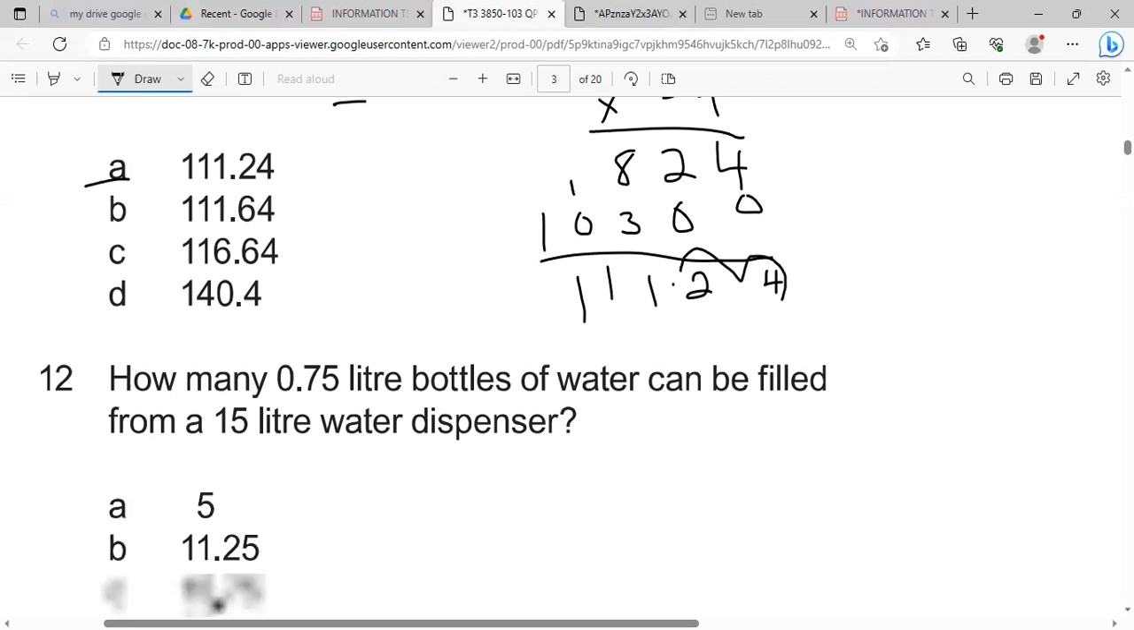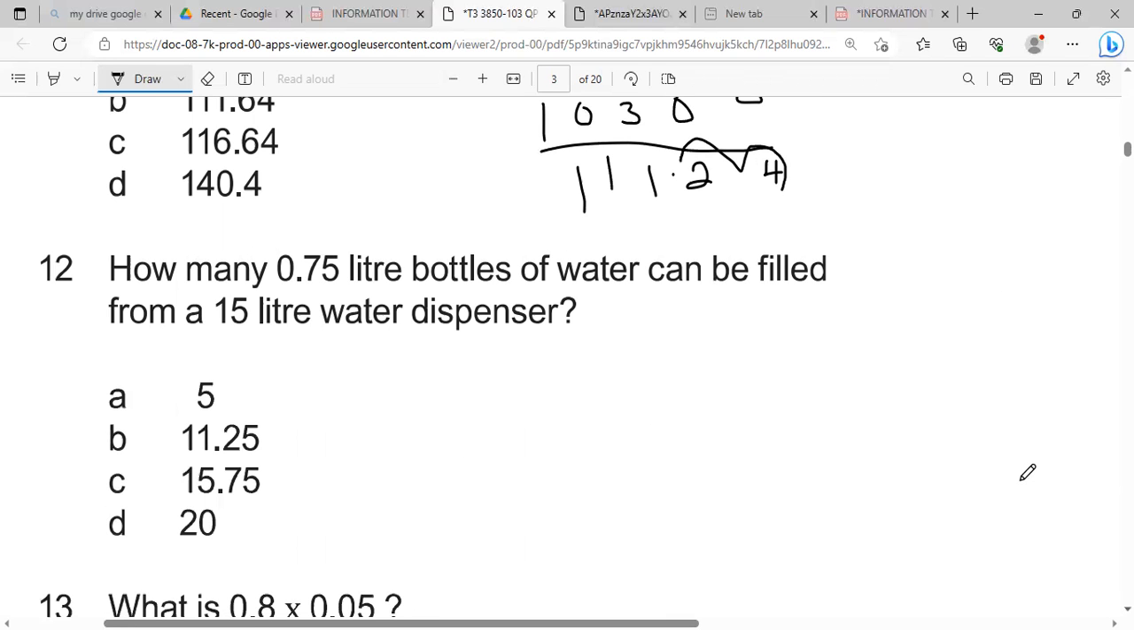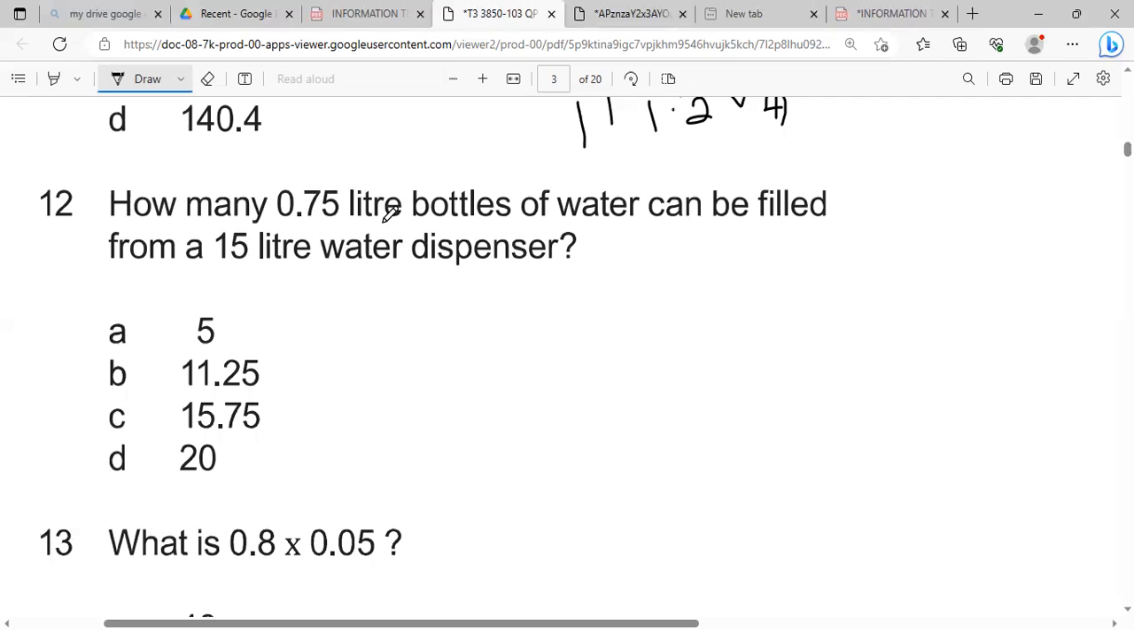All right, number 12 says, how many 0.75 liter bottles can be filled from a 15-liter dispenser? All right, so what we're going to be doing is to change this, because we're dividing by this number. We're going to change it to a whole number. I'll show you. We're going to move 2 places to bring the decimal point here. So it becomes 75. And we do the same. So we have 15 rather. So we have to move 2 places. So this becomes 1500